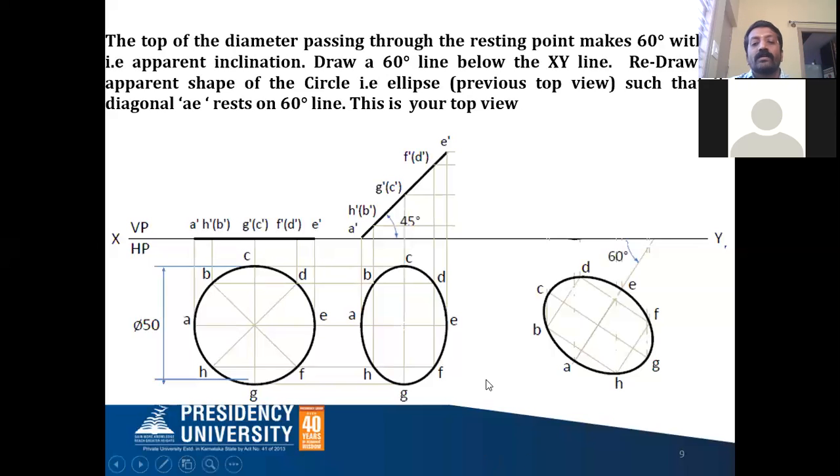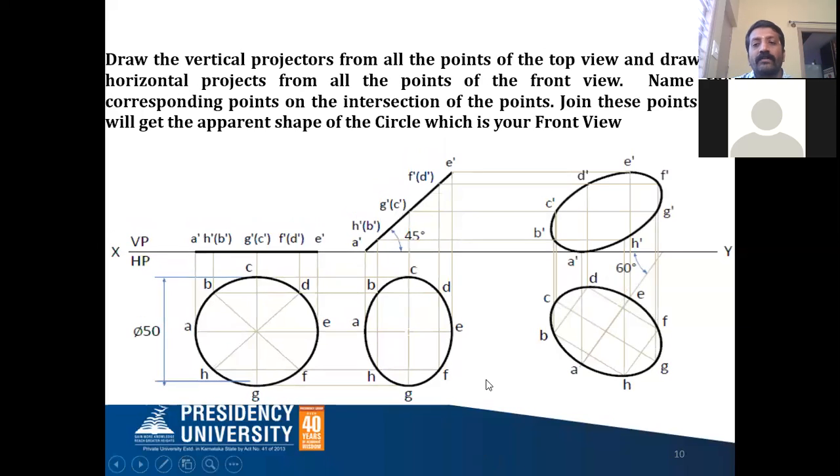Next, to get the final front view, you have to draw the vertical projectors from all the points. So a total of 8 points you will get.